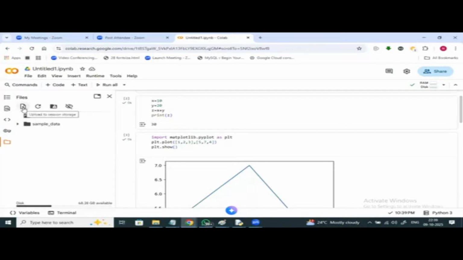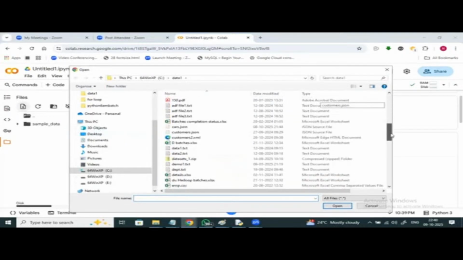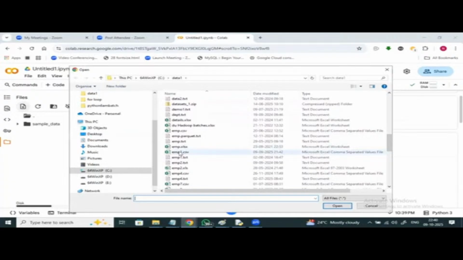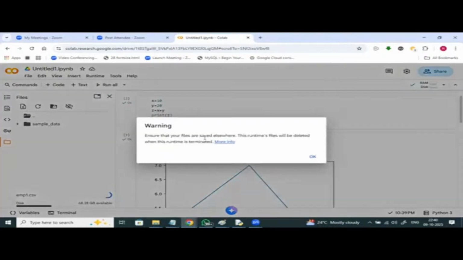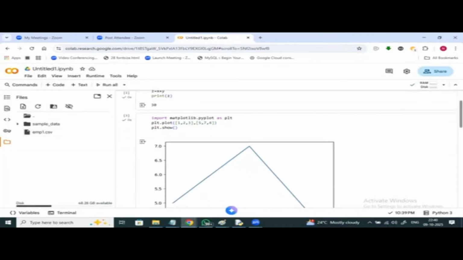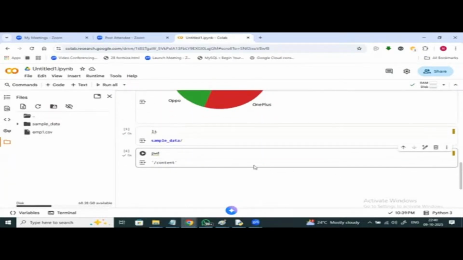Upload to, yes. If you click any file, for example, any file I'm loading, one CSV file I'm loading, right? Yes. A file, you can see a file got loaded here itself, emp1.csv. So even if you want to work with anything, all this